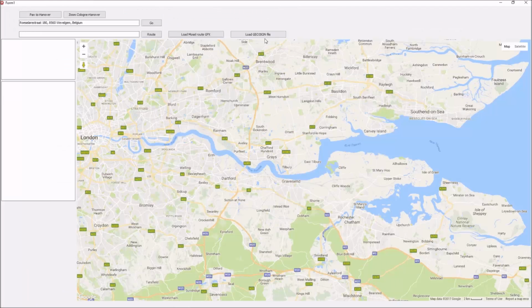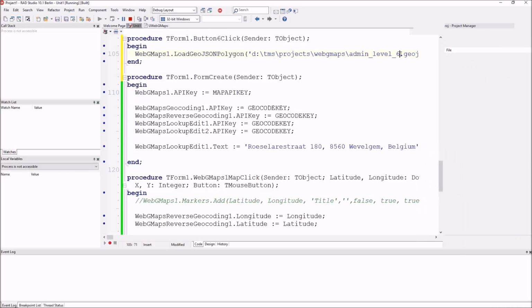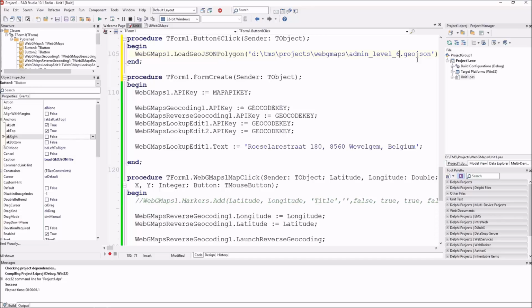That one contains even more geometries, and here we can see the different provinces of Belgium, and if we hover over these different provinces, we can actually see the name of the province. This information is retrieved from the GeoJSON file and is automatically added as a hint when I hover over these geometries. And if I go administratively one more level deeper in detail,